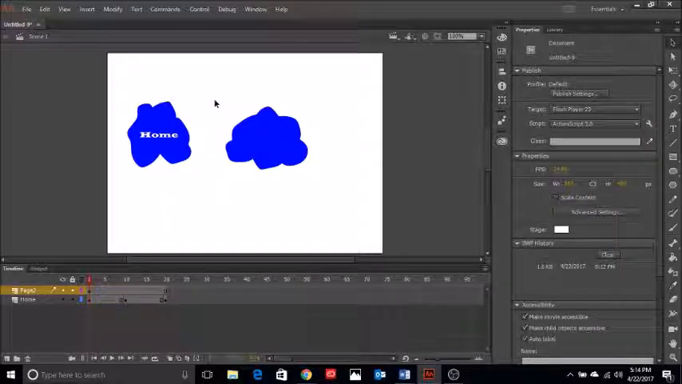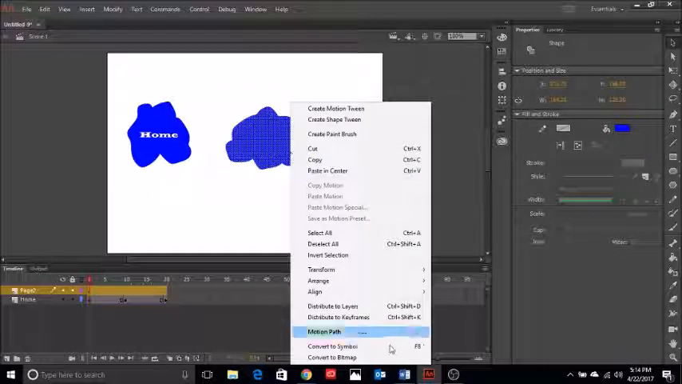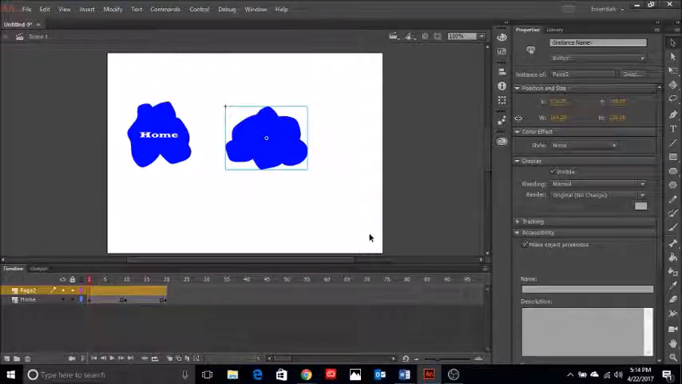Again, we need to convert that to a symbol. So right click, convert to symbol. We want to call this one page 2. And again, make sure that is a button. So that's now a button symbol. Again, double click,